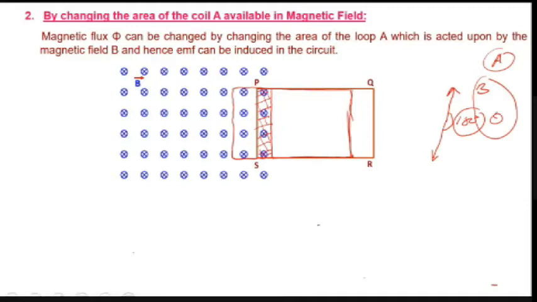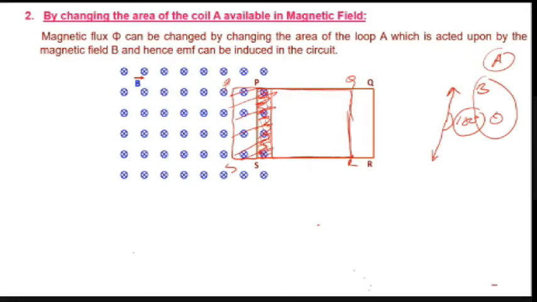So this is the new position, P dash Q dash R dash S dash. Vismaya, can you tell me what happened to the area associated with the magnetic field, whether it has increased or decreased, when I moved the coil to the left? Increased. See here, only this much area was present before. Now this much area is associated with the coil. As I move the coil towards the magnetic field, the area increases.